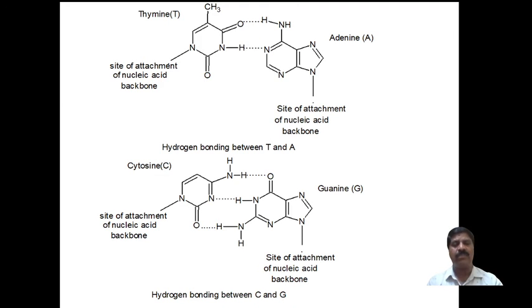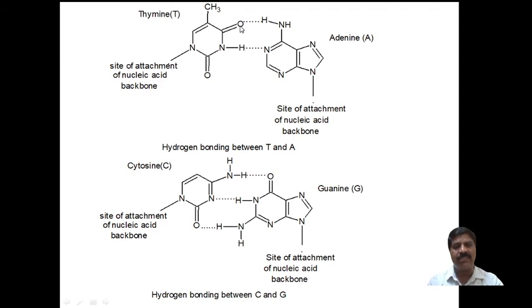A hydrogen bond is simply a bond between the hydrogen of one molecule, which is already attached to a more electronegative atom, and another electronegative atom present in the other molecule. Here two molecules are there, therefore intermolecular hydrogen bonding will take place. Nitrogen is the more electronegative atom, and the interaction will be between them.